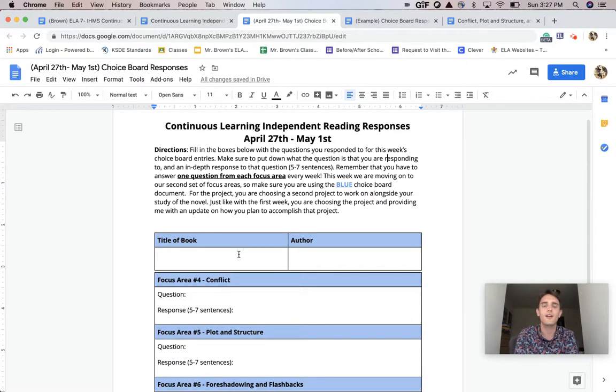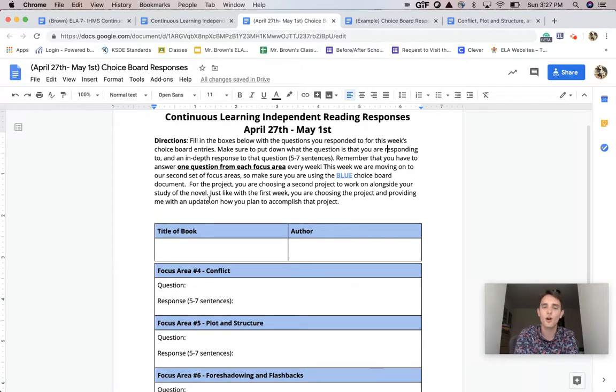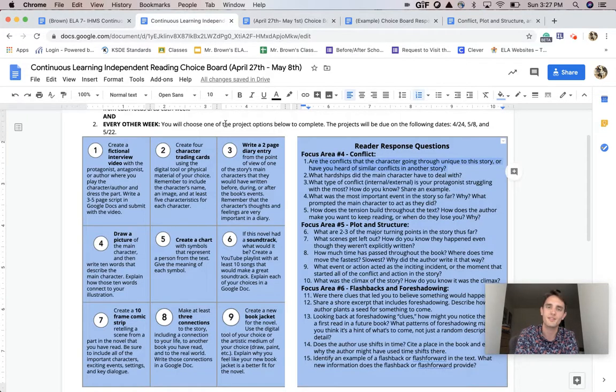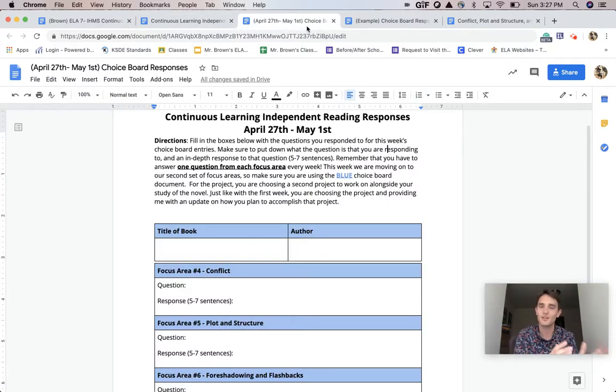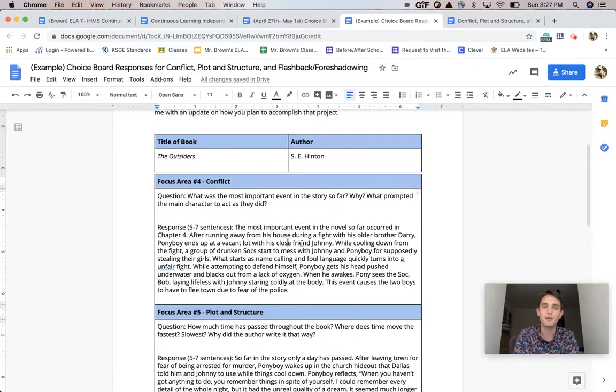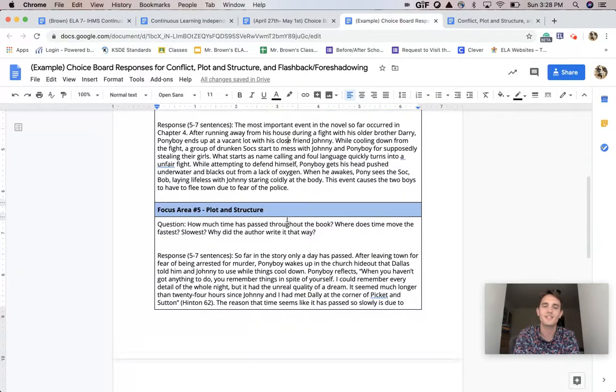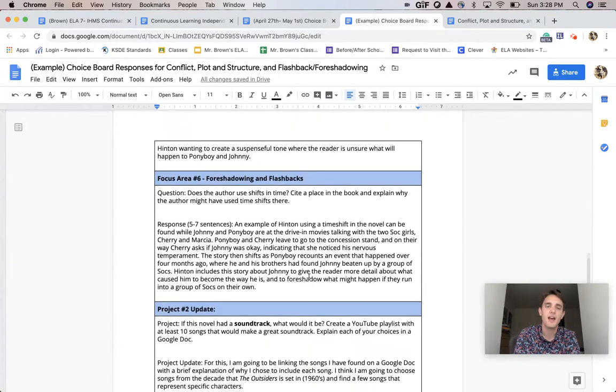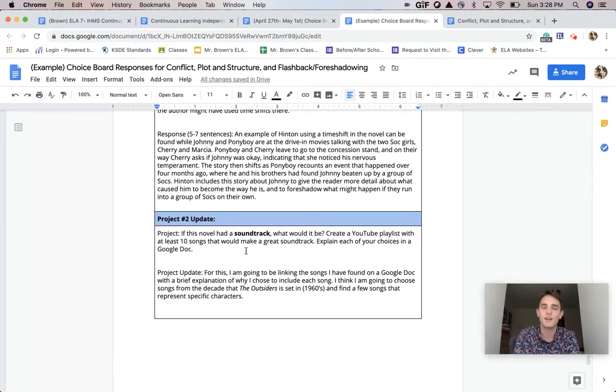So no big changes on the continuous learning reading response document. Make sure you are doing the blue one so it kind of matches up. Like the last 2 weeks we've been doing red. This week I kind of changed it to help you guys know. And then I put together an example document. And like I said, I've copied and pasted over the questions exactly as they are written. And then with that project update, I put down what the project was and I copied and pasted that over